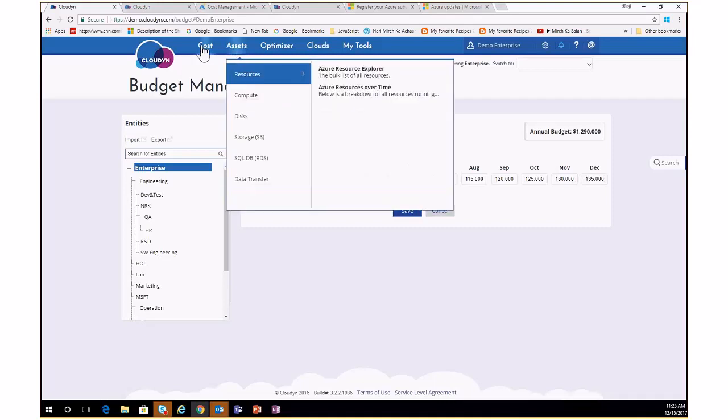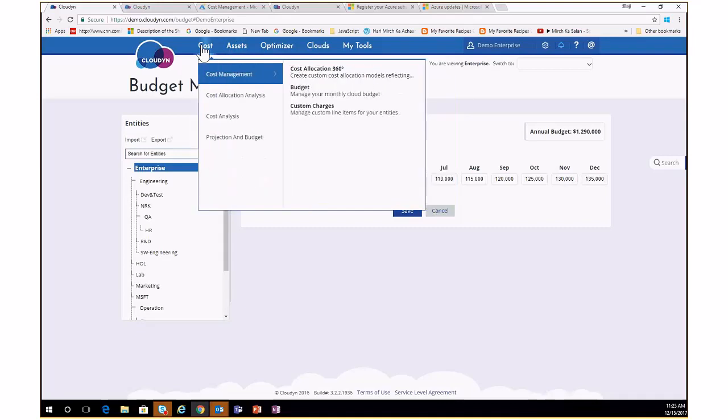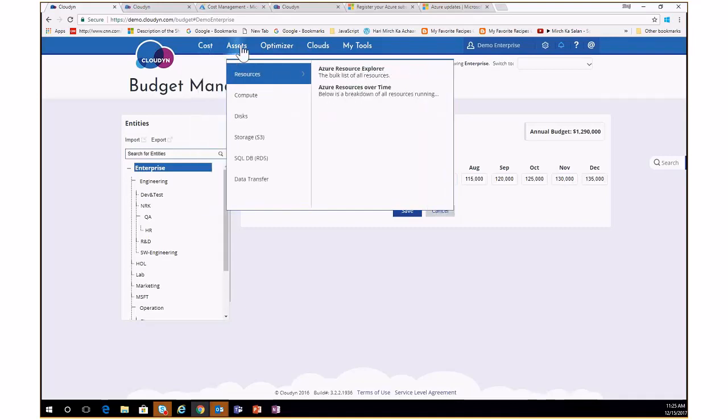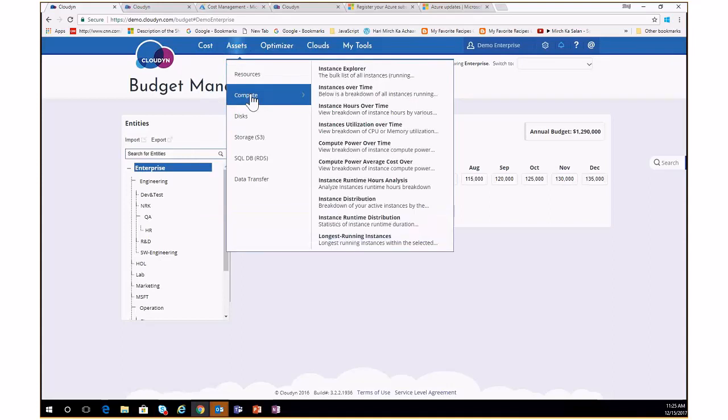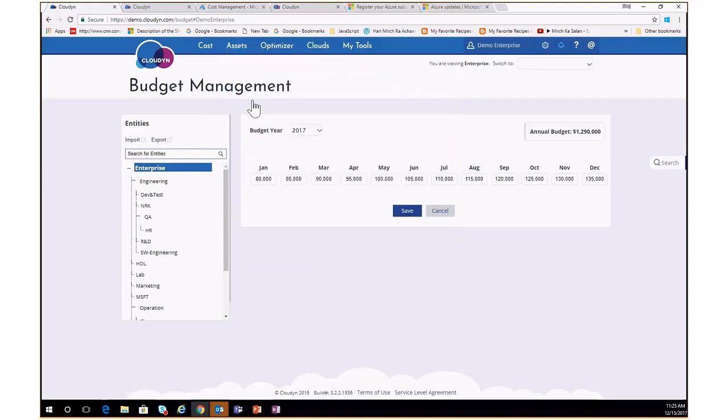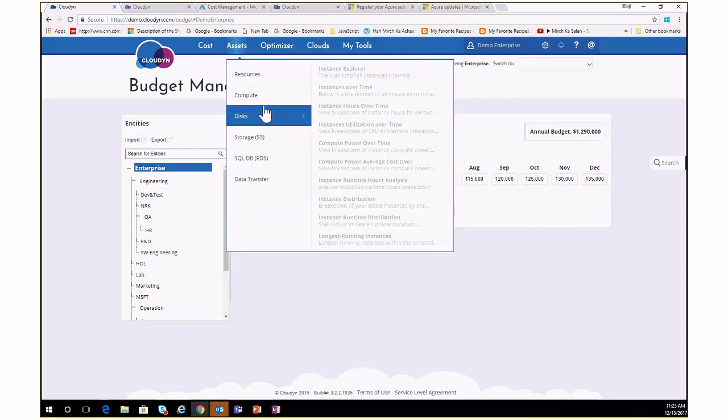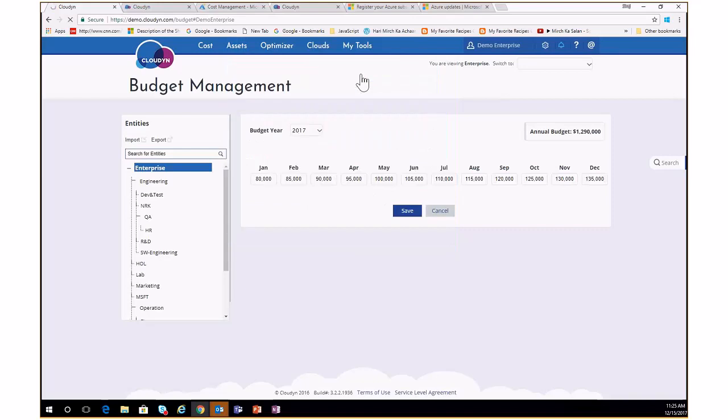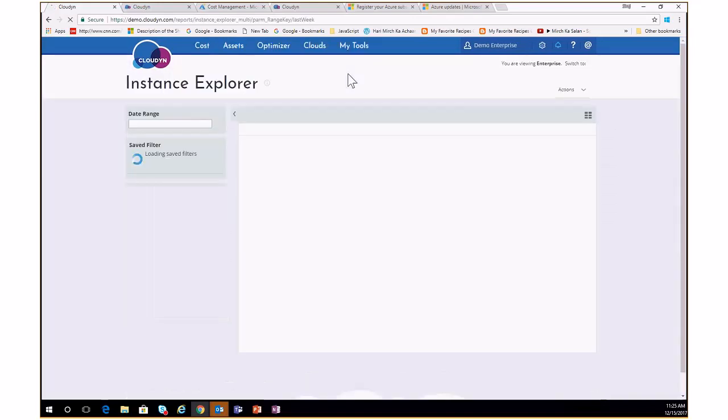Okay, so now this was the cost management piece. Now let's talk about some of the optimization piece. In the optimization, and this is very powerful, this is where you can think about the actual value of this tool because it can help you save a lot of money. So on the compute side, in the assets, you can see your current assets. If I go to my instance explorer, I can see all my instances running